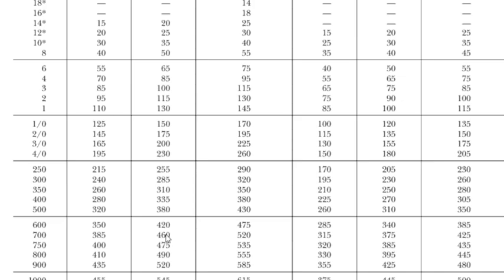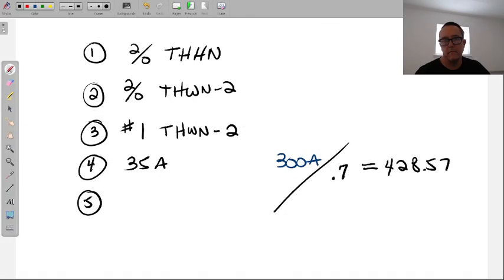Right, there we are at the 75-degree column, because we are over 100 amps for sure. Now these are hard. I'm going a little bit harder now. All right, we're going one step here. There were a lot of things that we had to remember. We had to remember that we have to go to the 75-degree column. We had to remember the way to get there, to multiply or divide and all that. And then we also had to figure out what amount of current carrying conductors we had.